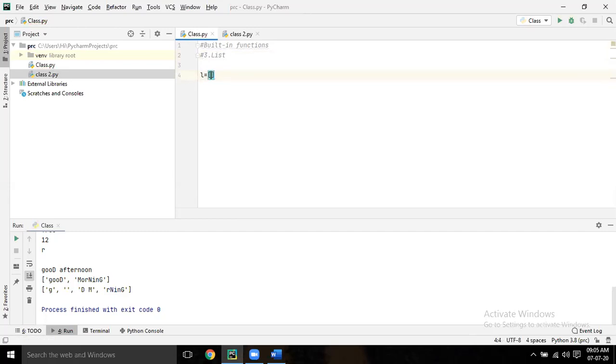Create some list, whatever you want to give. Now print that list. Give some string also.